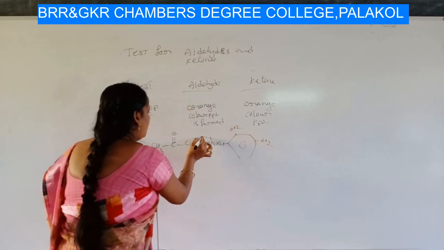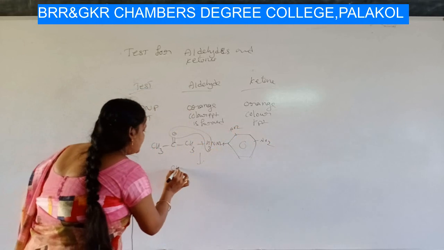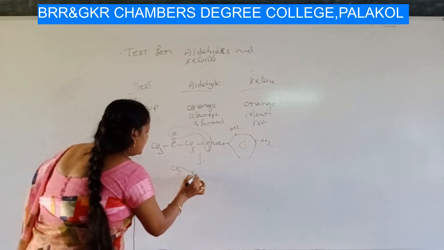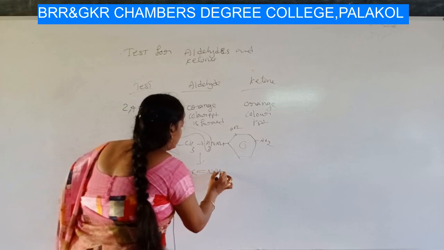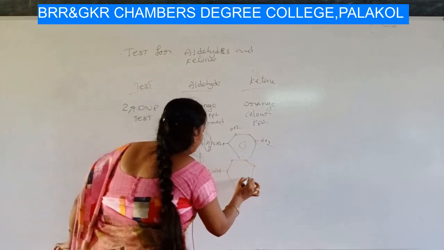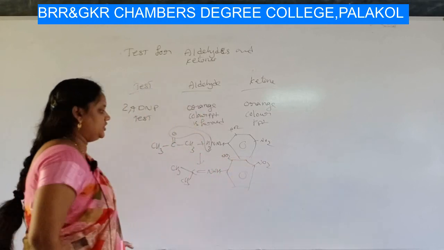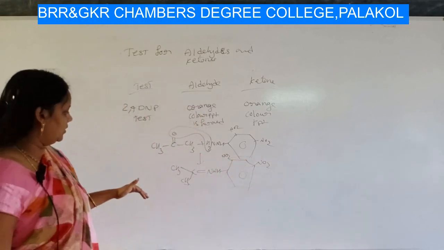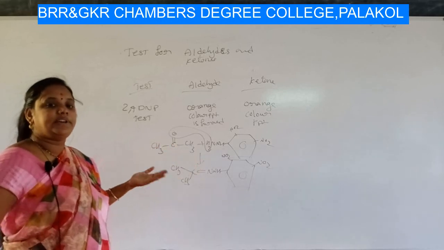Here also a water molecule will be removed. You will get CH3-C-CH3 double bond NH, benzene ring with nitro group in the second position and fourth position. Here in this case also, the phenylhydrazine is getting converted into